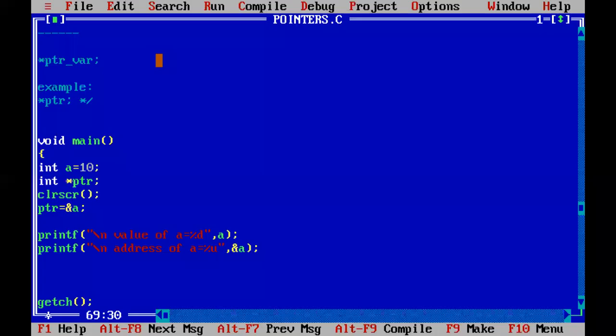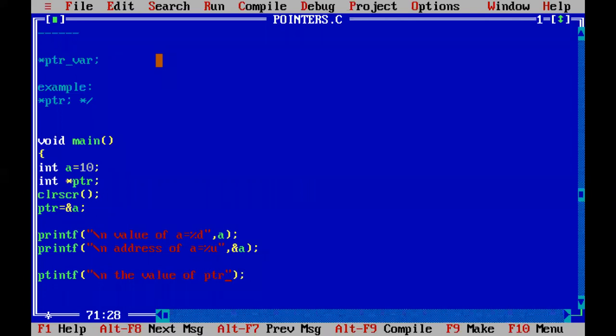Next, printf. Here I want to print the address again, \n, the value of PTR. What is there in the PTR?